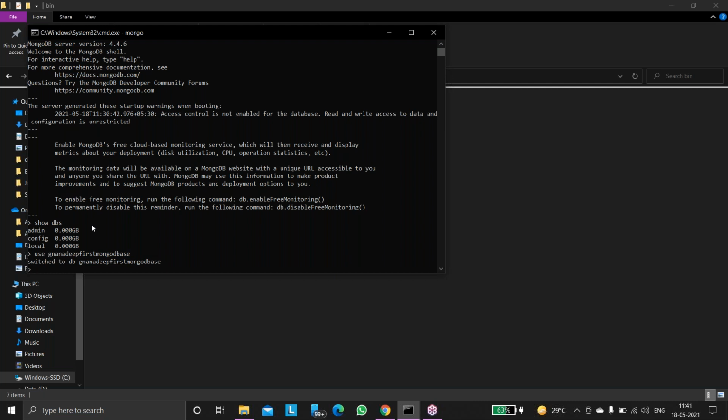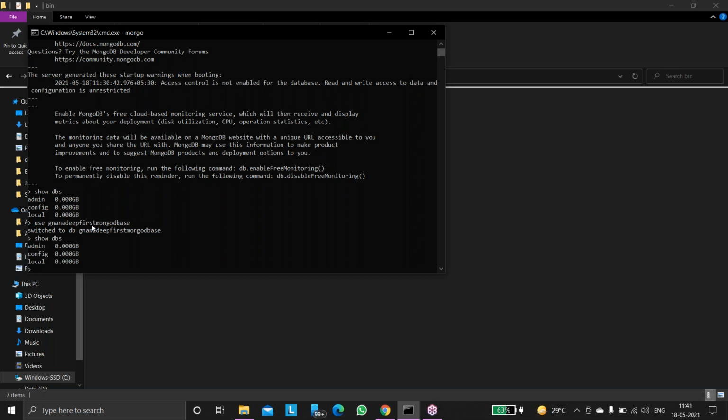Okay, right. So then, after that, I want to check whether this database is showing up or not. So one more time run that command, show dbs. Press enter. See how many databases it is displaying. Nice. How many databases is it displaying? Three. Only three, but I have created my own database. Why is it not displaying?